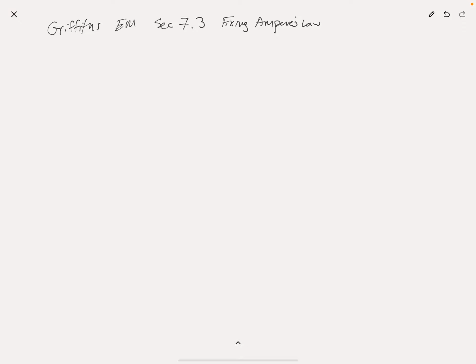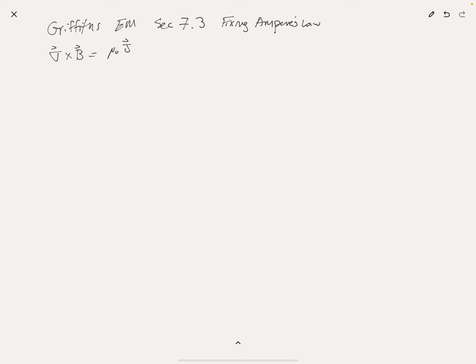This is section 7.3, fixing Ampere's law. All right, fixing Ampere suggests that Ampere's law is wrong. Well, under what context is Ampere's law wrong? I know that Ampere's law tells me that the curl of my magnetic field is related to mu naught times